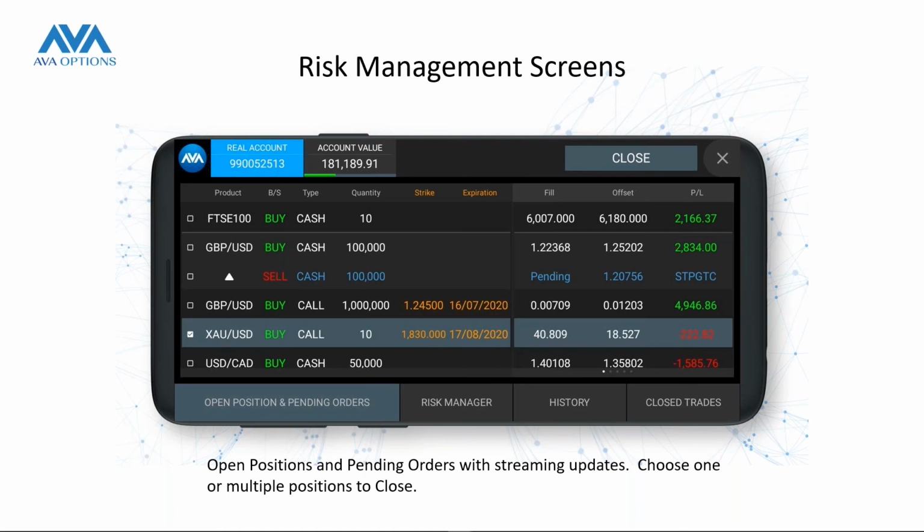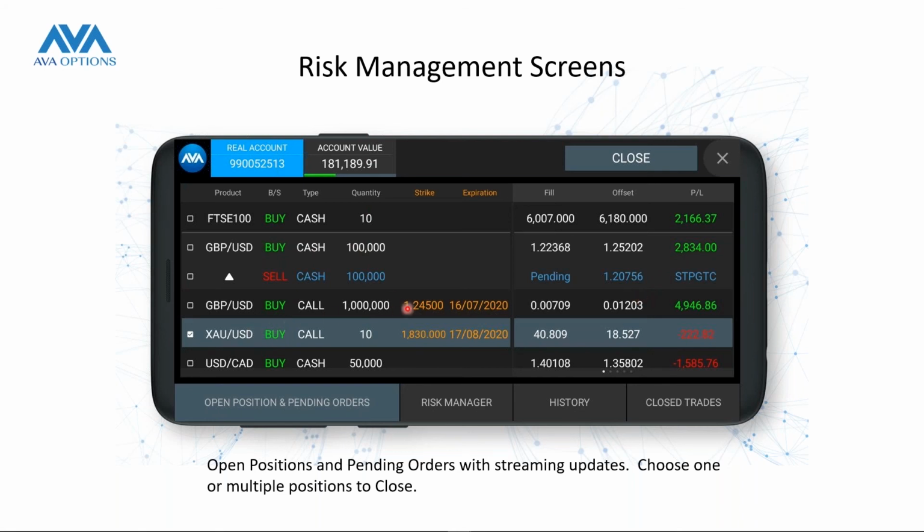Okay. We have open positions. Here you can see all of our open positions. What's my position in the FTSE? What's my position in cable? So here I'm long the pound, 100,000, and I have a stop. In blue, it's pending. Makes sense. It's cool. It's pending. We have an order, and you can see that it's linked with this diamond. So I'm long the pound against the dollar, and I have a stop loss at 120.75.